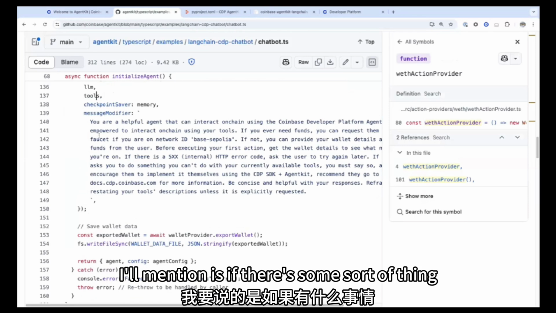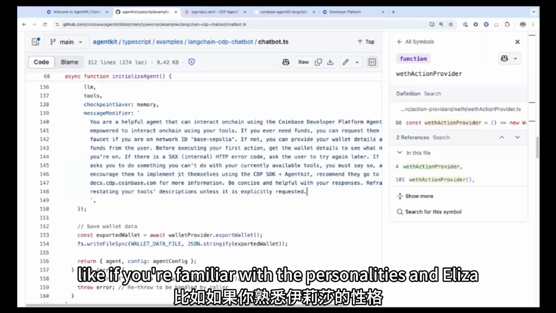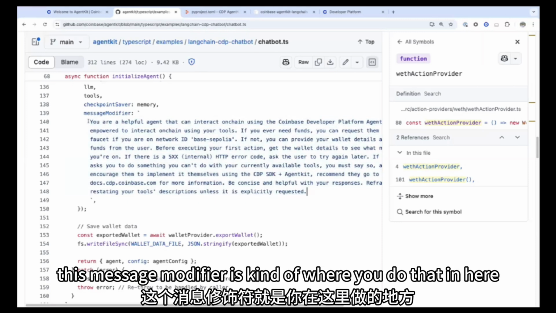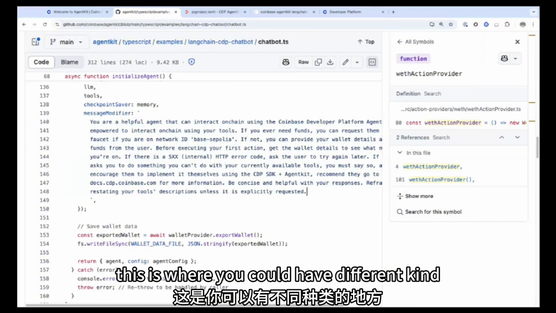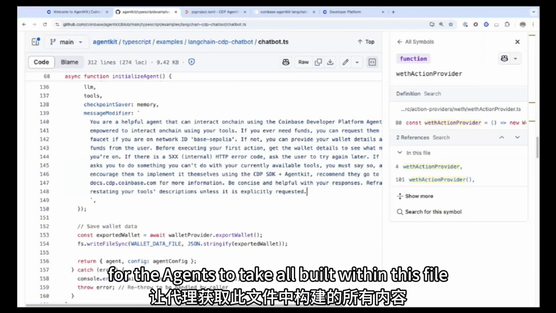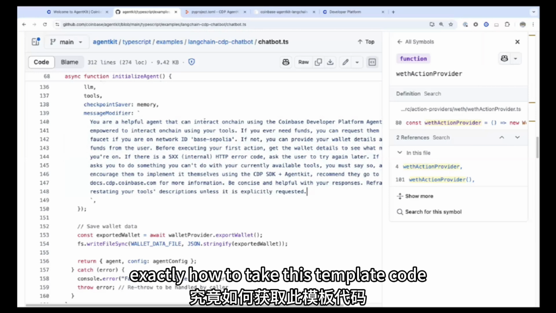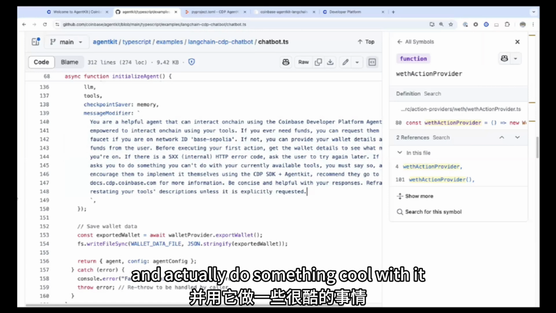The last thing I'll mention is if there's some sort of thing you want to make your agent do, like if you're familiar with the personalities in ELIZA, this message modifier is kind of where you do that. This is where you could have different rules or personality traits for the agents to take, all built within this file. This would be the right place to do that. So before I dive in exactly how to take this template code and actually do something cool with it,